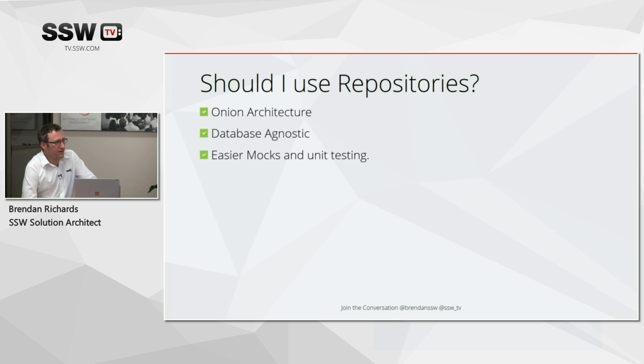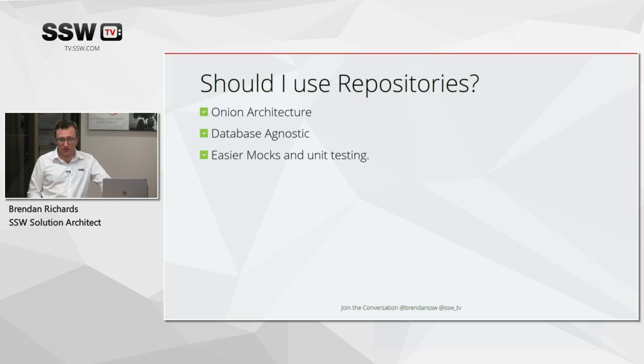With a repository, you've got much easier mocks and unit testing. I don't know if it's possible to mock the DbContext object, but a repository you can. You can create a mock one that just gives you a collection of objects that would have been what you wanted, and then make tests on that. You can mock any DbContext. Ah, can you? Yes, with Entity Framework 6. Okay, I've not seen that in Entity Framework 7. It might be possible, but it sounds very difficult to achieve. Is it hard to mock the context? I tried it, but I didn't like it much.